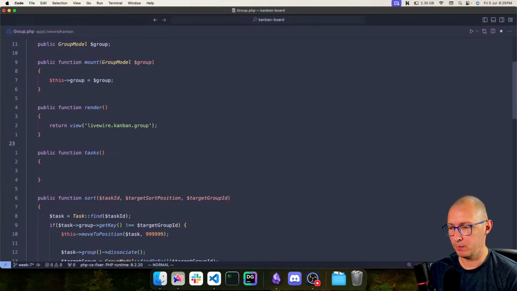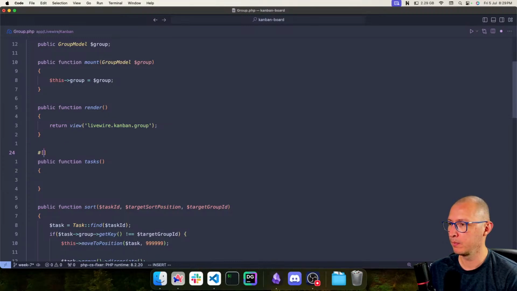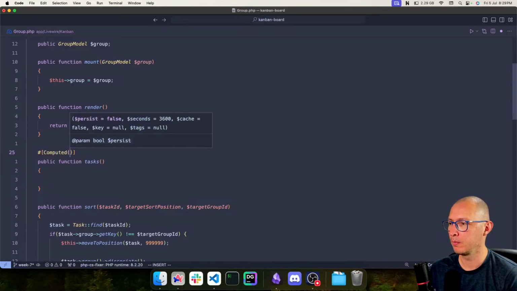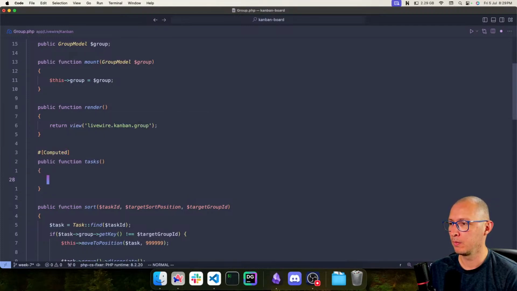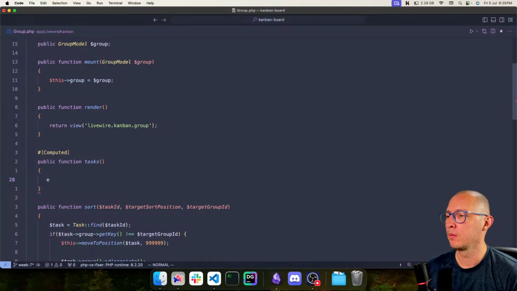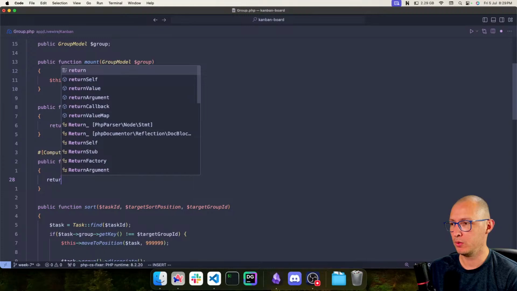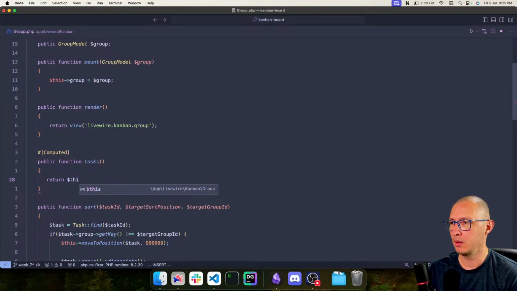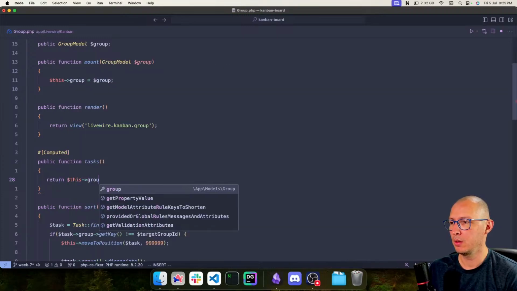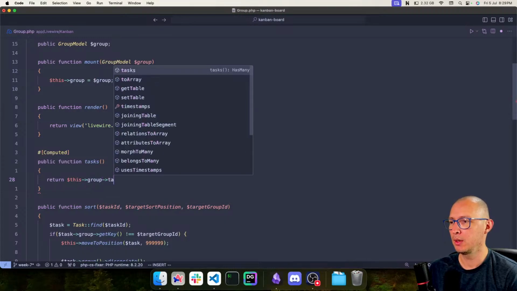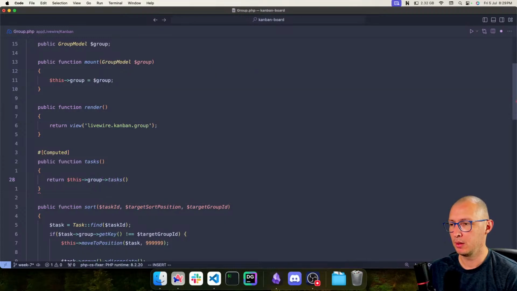Make it computed. And then return this group tasks in order to get. Should give me the same